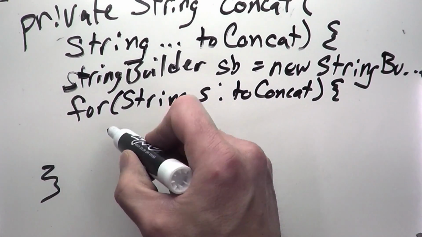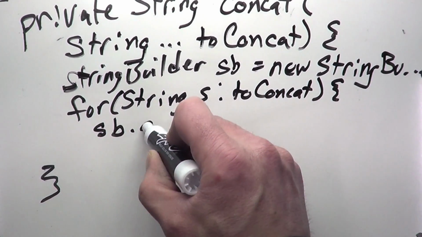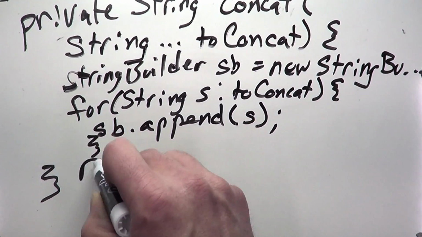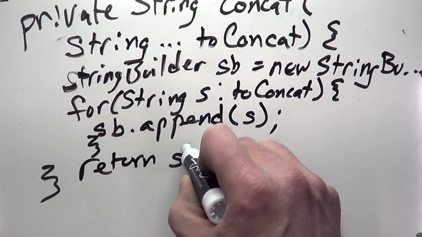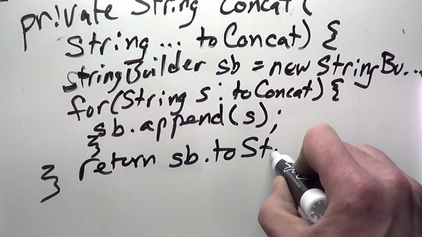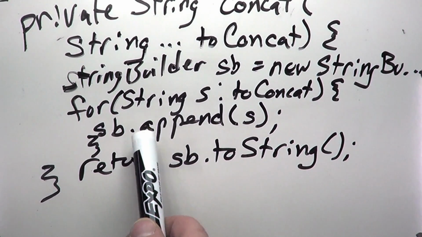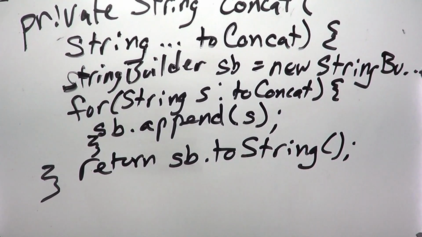We will just say sb.append s, and return sb to string. Good. If you needed to add a concat delimiter in that concat, you can just do, you know, append s.append the